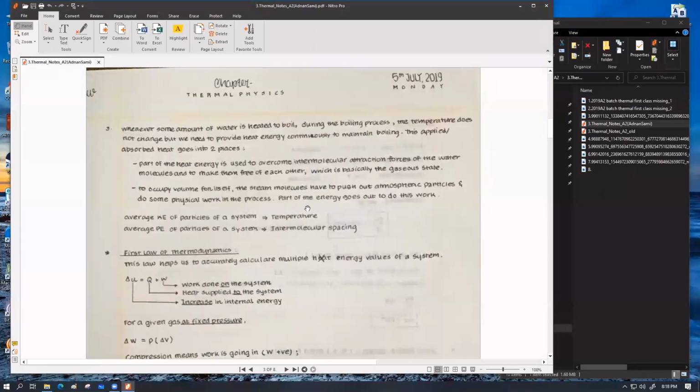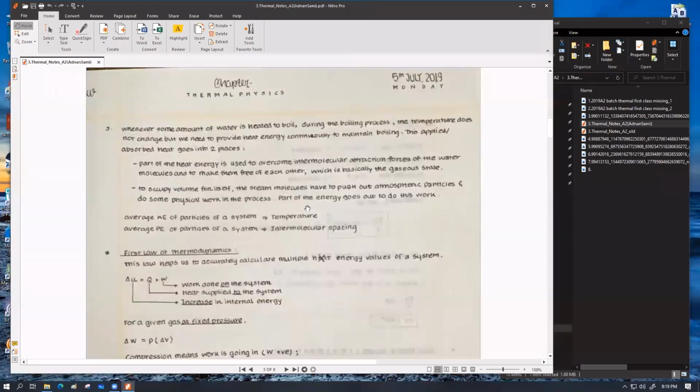So if you're heating up some water to boil it at 100 degrees Celsius, it's going to start to boil. Whenever a certain amount of water has converted into gas, it's definitely going to occupy a much bigger volume. Think about it: before the water came to boil, the space above the water was occupied by atmospheric molecules. The moment some water particles are converted into gas and the water is actually boiling, those vapor molecules will have to occupy their space in the atmosphere. To make that happen, it has